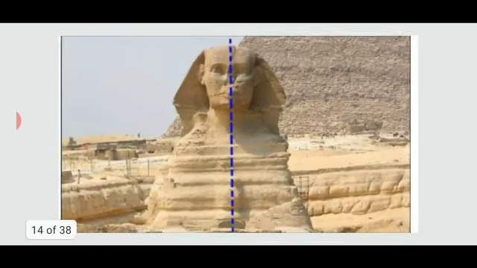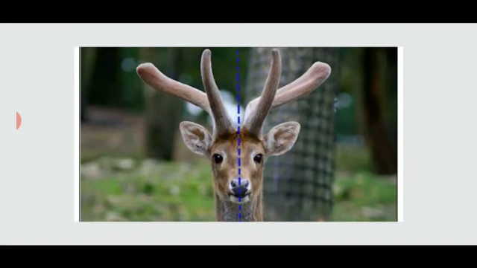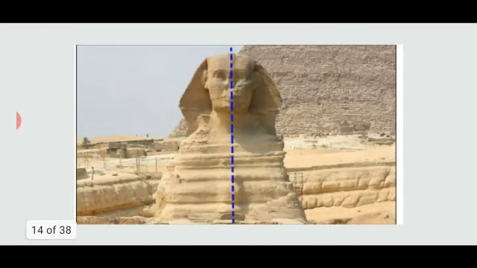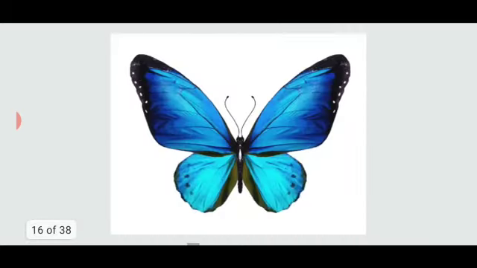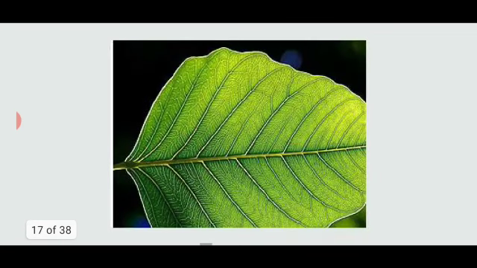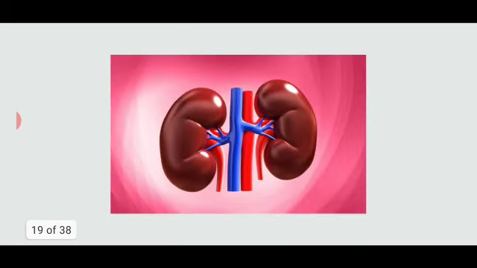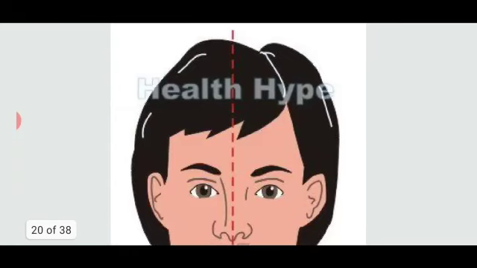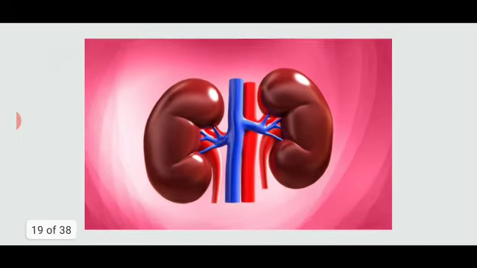Have you ever thought about how an artist makes a masterpiece through his artistry? Everything made by an artist has the perfect line of symmetry. Nature uses symmetry to make things beautiful. For example, consider the pictures of the butterfly and the leaf. Let's take an example of human symmetry: the kidneys, lungs, and the brain. If you draw a line or slice these organs in half, you will have a mirror image of the other.